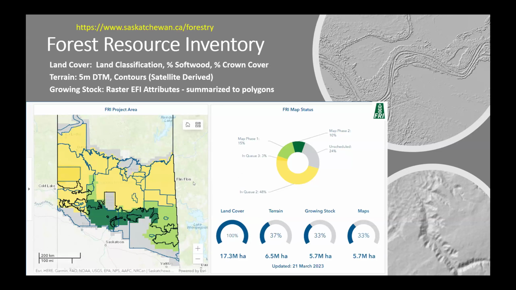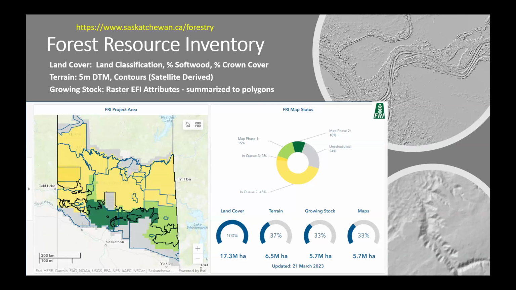The coloring on this dashboard indicates the development or the stage in process. So colors in yellow are areas that we're working on. We have at least one piece of the puzzle delivered. Areas in light green, we have mapped EFI estimates and stand boundaries produced. And areas in dark green have completed forest inventory. And I'm going to talk a little bit more today about that difference between our phase 1 and our phase 2 inventories. We also produce PDF,